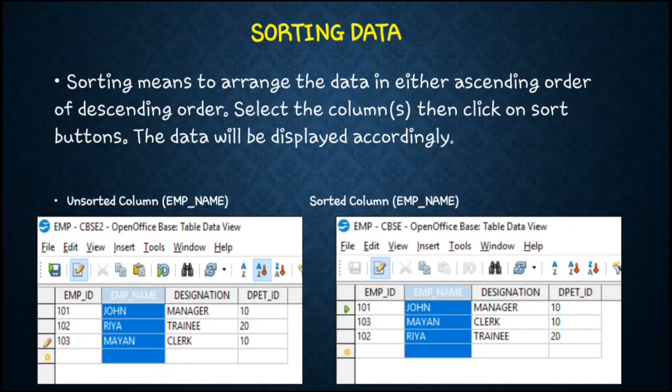First you have to select the column which field you want to sort. So here I have selected one column named employee name. Then go to the sorting option. You can see here A to Z. We have three sorting options. The first one is the general sorting. Next one is sorting in ascending order. The third one is sorting in descending order. Click this option to sort the data in ascending order. The second diagram shows the data in alphabetical order, that is, the sorted column will be there in the second diagram. This is how to sort data in the database.